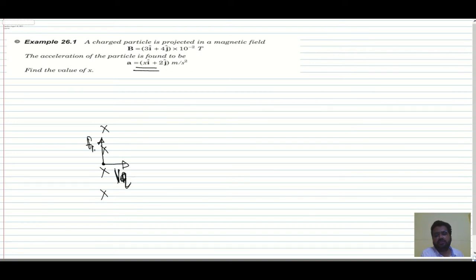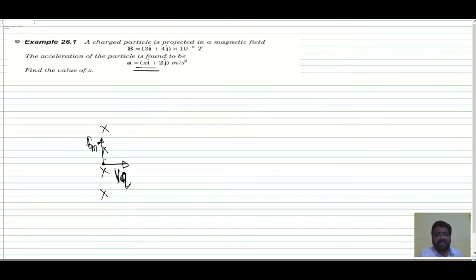Now see, we know that velocity and the magnetic force are always perpendicular to each other. If the magnetic force and the velocity are always perpendicular to each other, can we say the magnetic field and the acceleration will always be in the 90 degree direction? Why? Because see, if this is the magnetic field, and this is the motion of the positive charge, Vq supposed to be, then the force is perpendicular to it in this direction, supposed to be Fm.